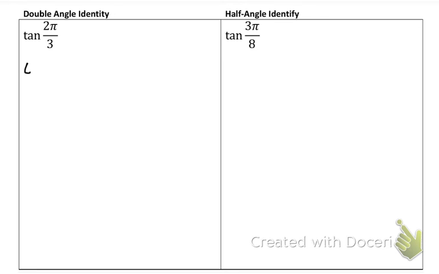To use the double angle, we have to have tangent of 2 times something. I would get in the habit of doing that. Double angle means 2 times something. Half angle means I should have something divided by 2. So this one's going to be tangent of something